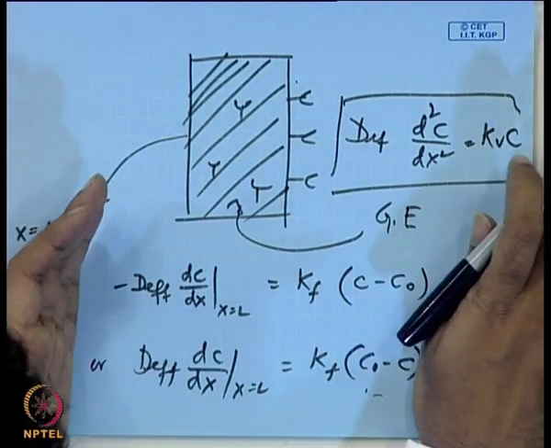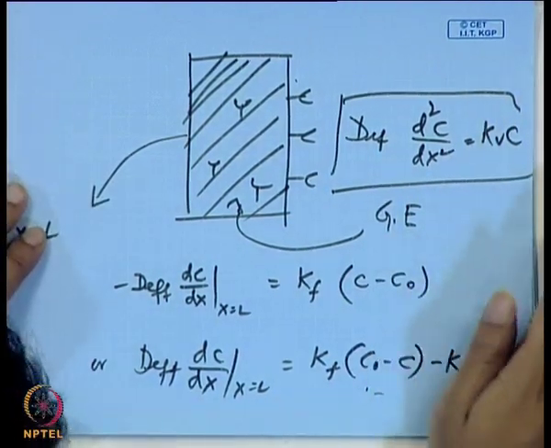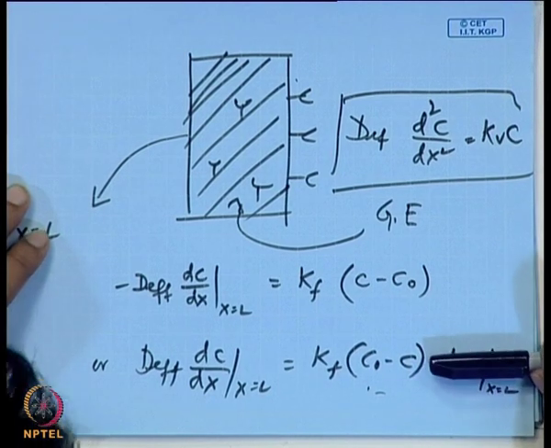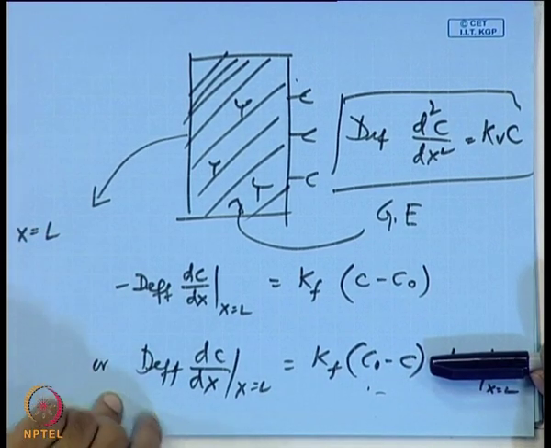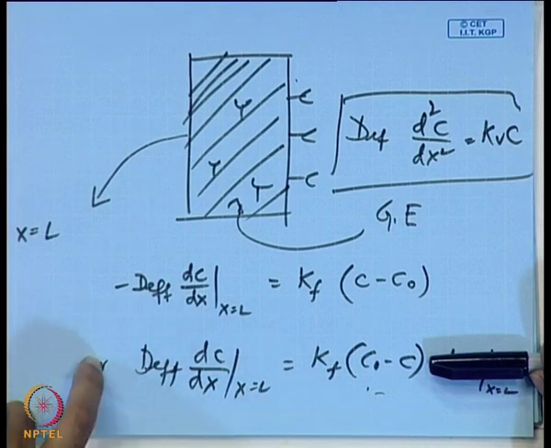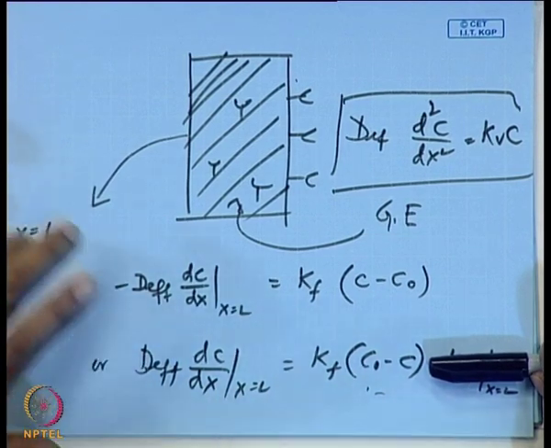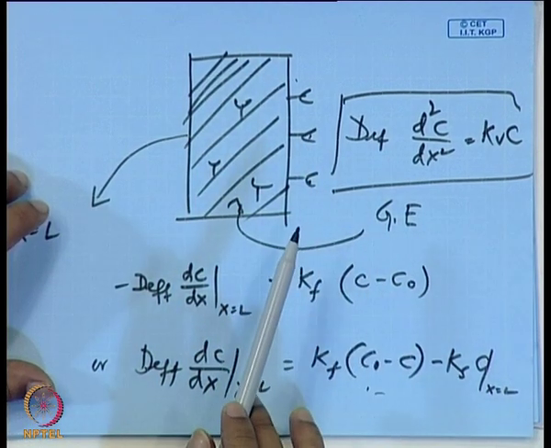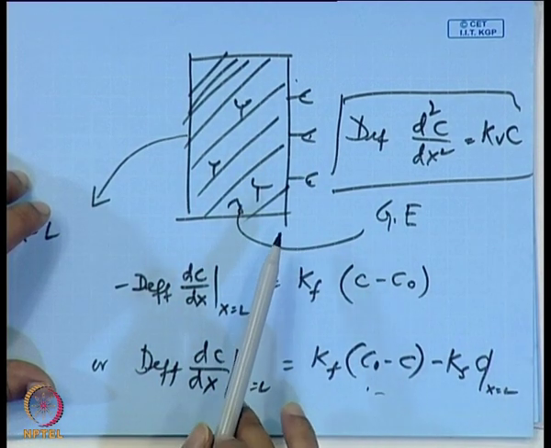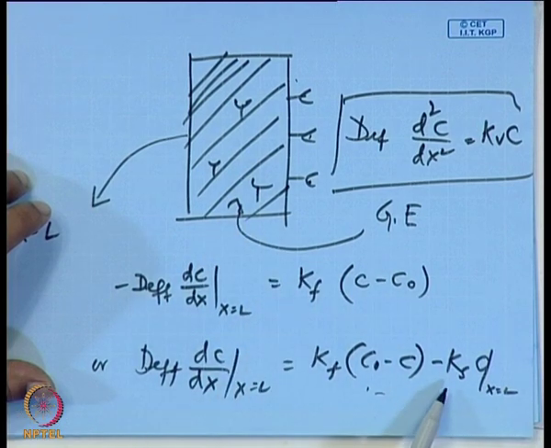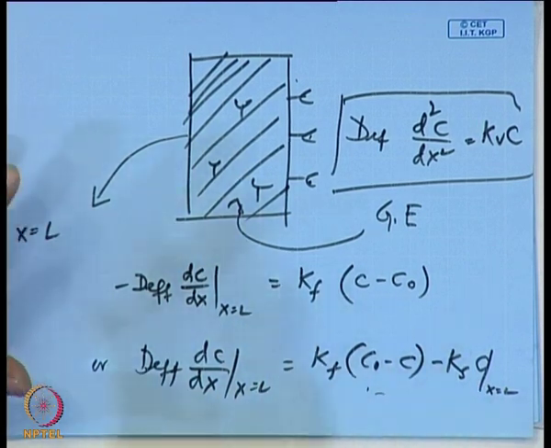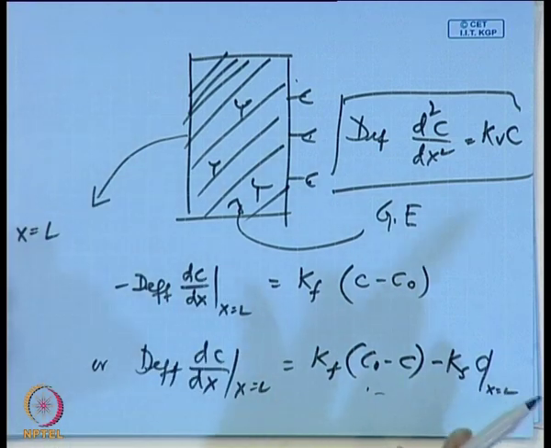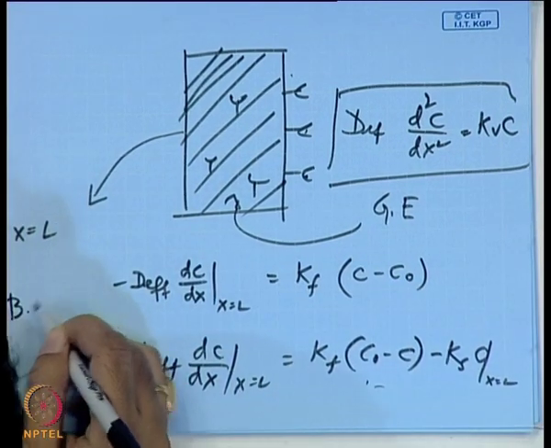So, this is without what is happening on the surface. This part let us put over here. What is coming in through mass transfer equals what is going out, but that is not the reality. In this case, there are receptors on the surface and a part of what is coming in is actually reacting with what is there on the surface. So, you have to take that out. What is coming in minus what reacts on the surface is what is allowed to go into the matrix. So, that is my BC 1, and BC 2 is again the same, the straightforward BC,